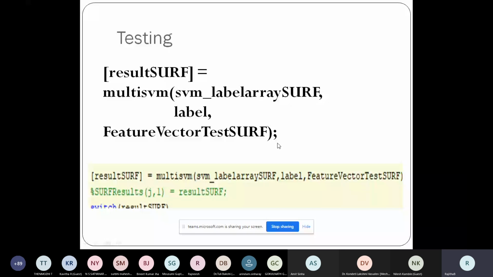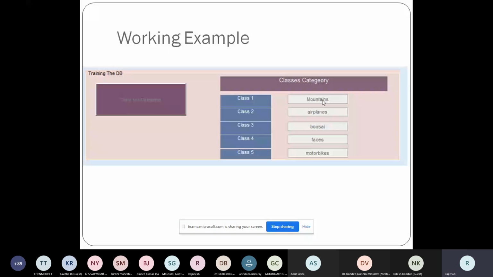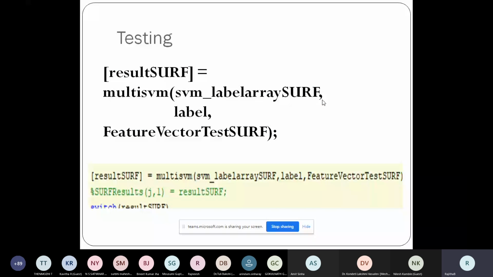Or you can apply directly, the entire feature set can be used for classification. Both the ways you can do. But it will always be better if you apply feature reduction. If you have too many features and most of them are irrelevant, then you can apply dimensionality reduction and then apply the ML so that the accuracy is very high. So this is how the machine works.